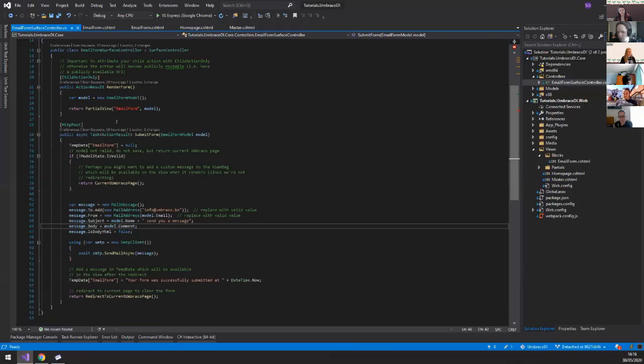So we're not going to go over how this is done. This is standard Umbraco. The question is, how can we do the same thing with dependency injection? I'm just going to swap to another branch so that